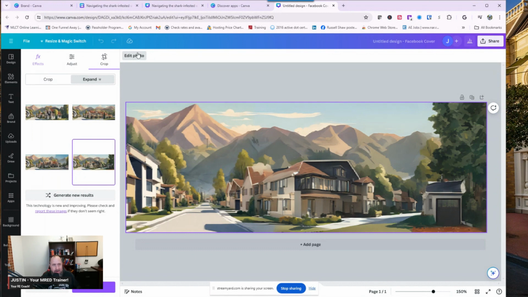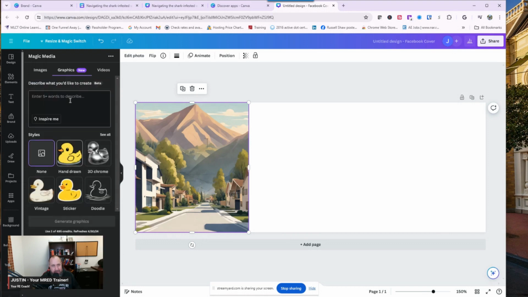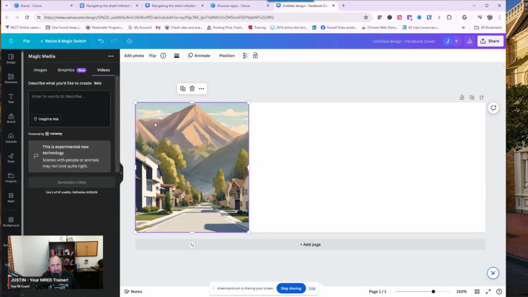But the other thing that I wanted to point out with you is when we look at this, I can do this brand new graphics. I could have it design this as well, be more graphic, be more artistic in nature, definitely more, I would say, cartoony or things like that. But I also have the ability to draw